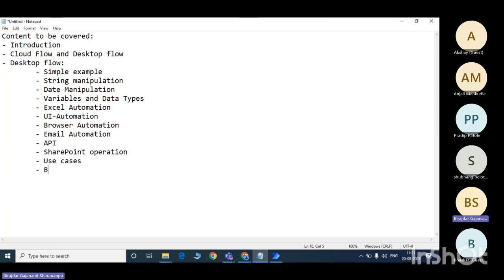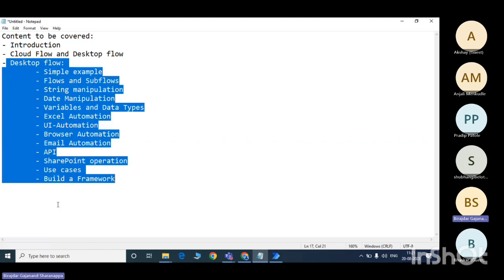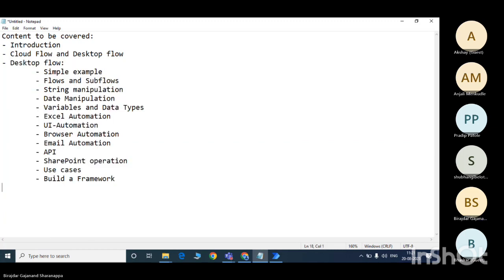Then we'll build a framework, a framework for development purposes. So all these points we are going to cover in Desktop Flow. Then one more point is there, how to integrate